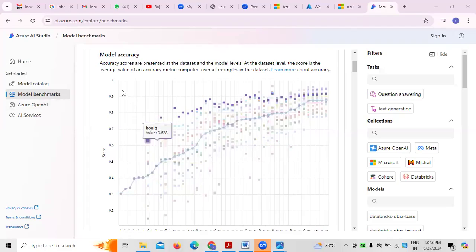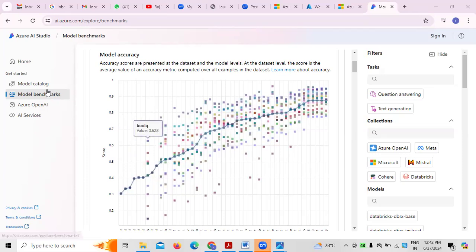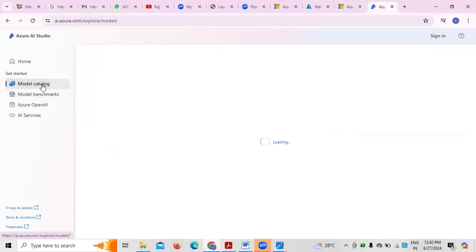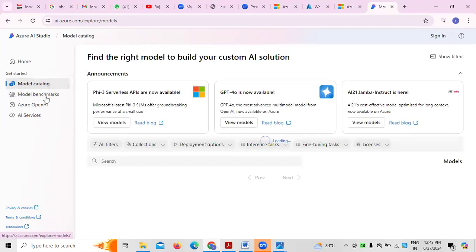Right. So this is where generally the Azure AI Studio is all about. In context to the Artificial Intelligence Studio implementation, in the Azure environment, this is where model catalogs and everything are being used. Apart from the model catalog, one of the core and important elements one has to understand is the model